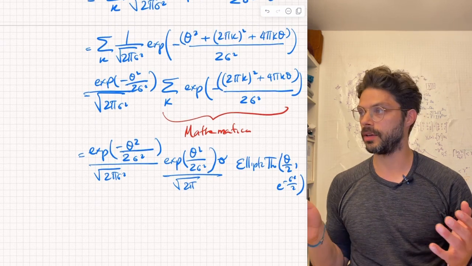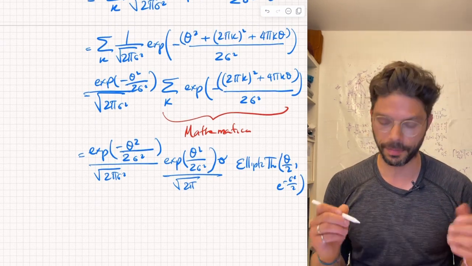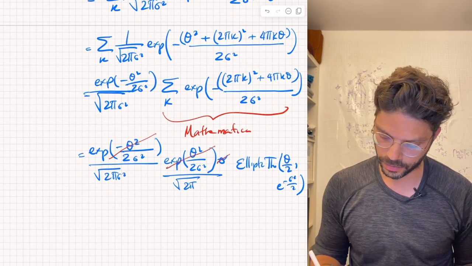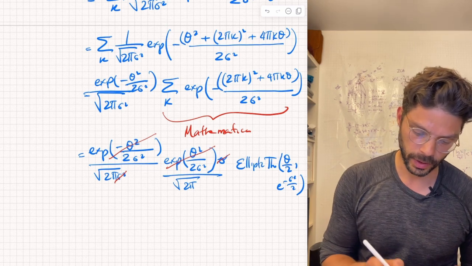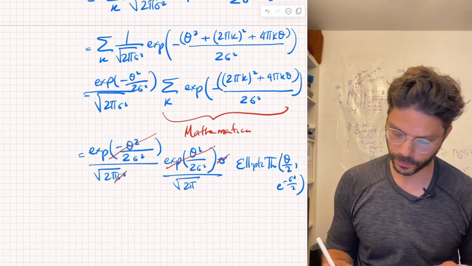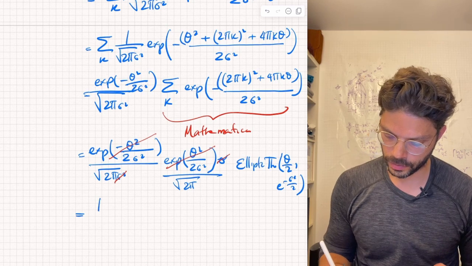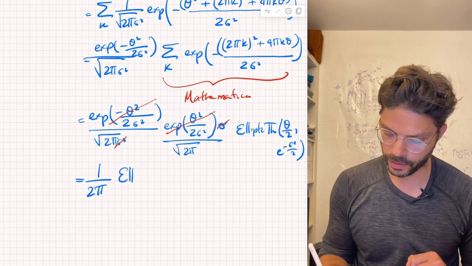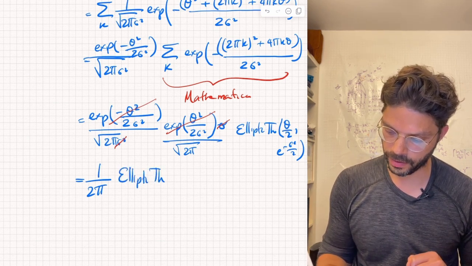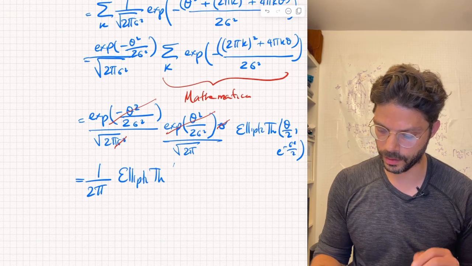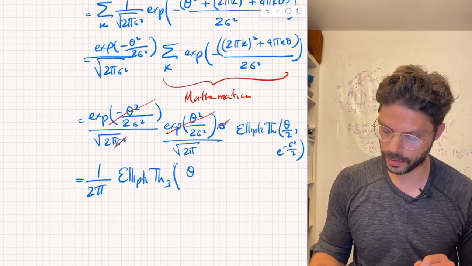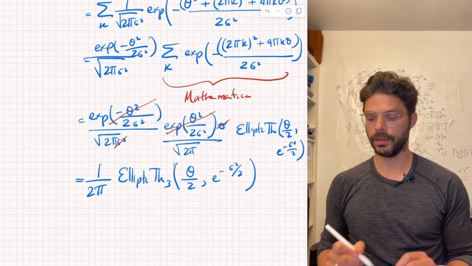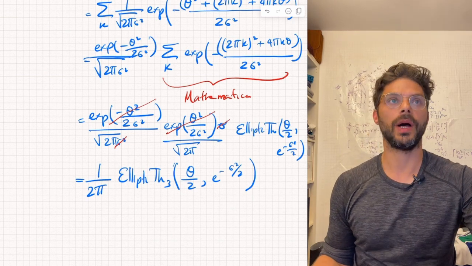Okay, but there are already some interesting cancellations happening, so let's cancel. This cancels that, this cancels that, and what we are left with is 1 over 2 pi times elliptic theta, the third, number 3, whatever that is. Now, to figure out what this function is, we go to